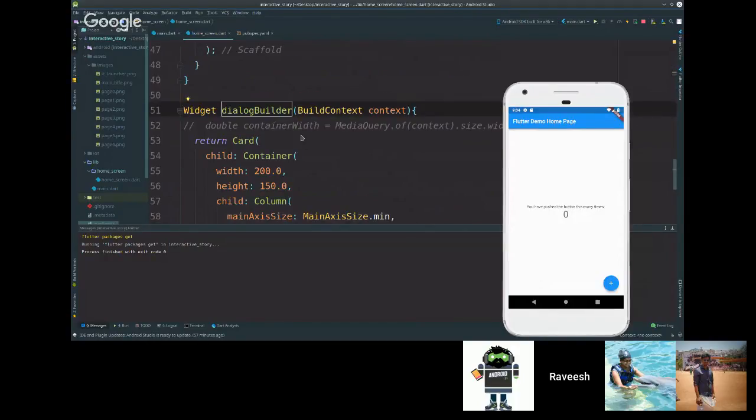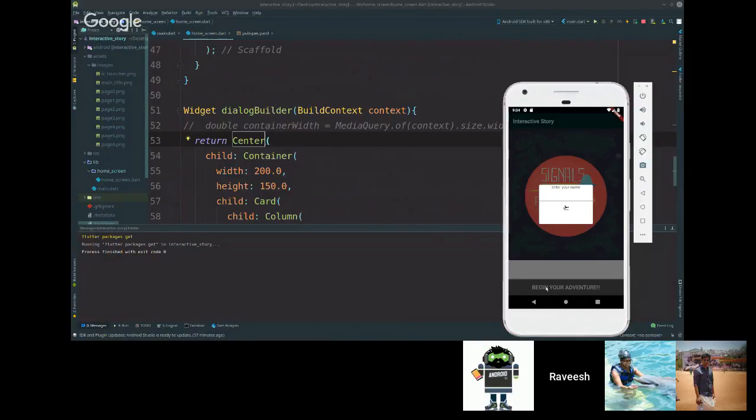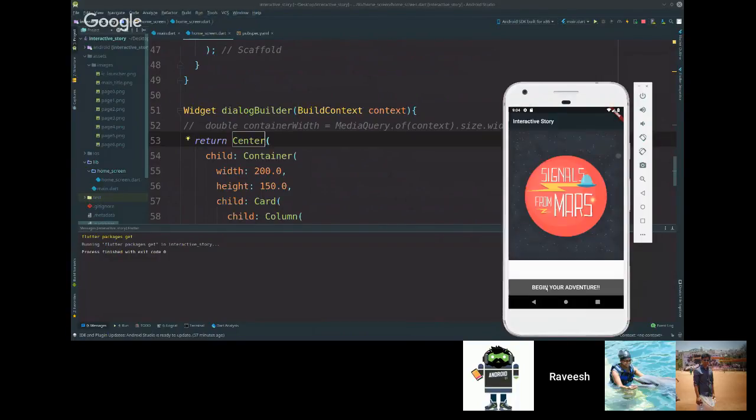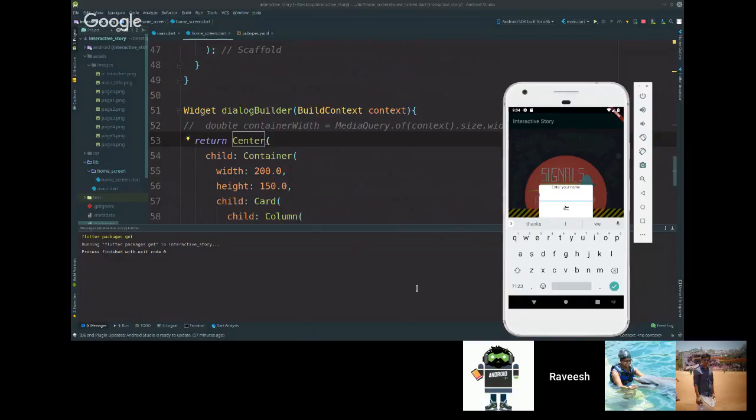Let's go back to the dialog builder. Dialog builder has a card which tends to expand, which has a child called container. So what if we do this is if we do the swap child and put this inside the center. Okay, so we were able to do this. So container was able to contain the entire card thing,